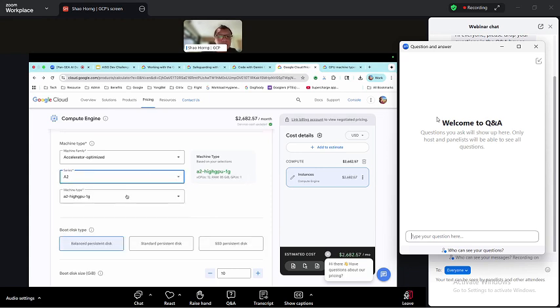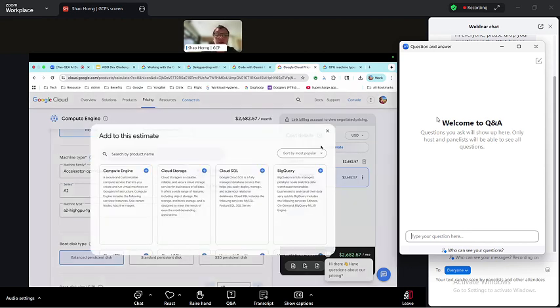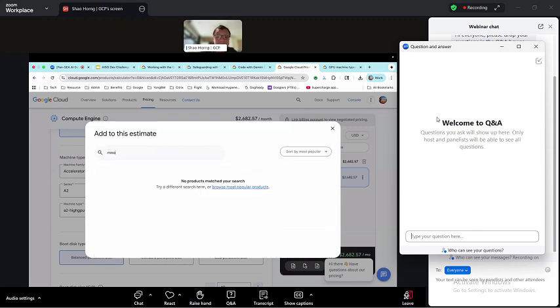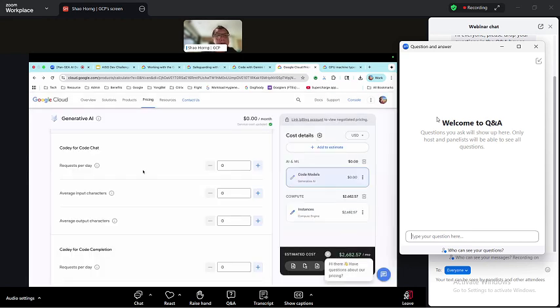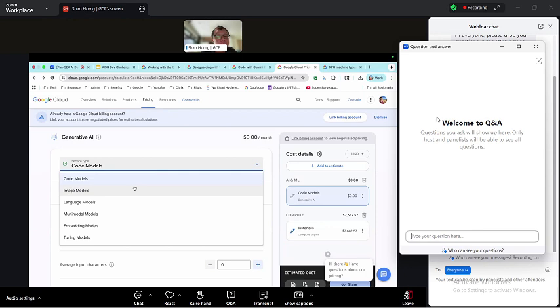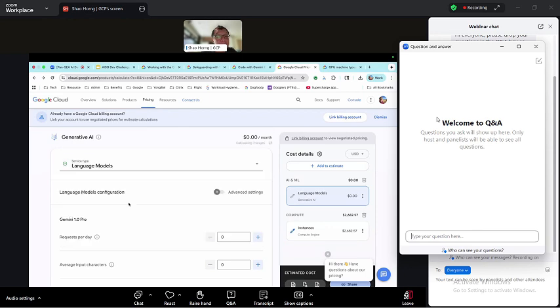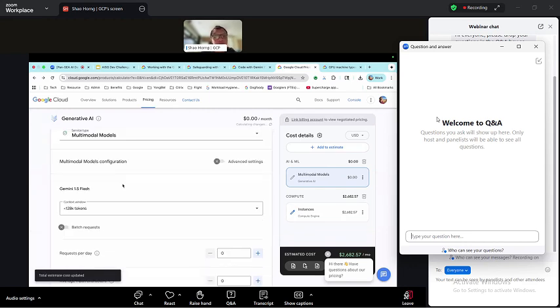All right. Yeah. So we'll come back to the pricing calculator later, just to show you how you can actually work out. Oh, sorry. I need to tell you how to work out the Gemini cost. Now, when you make a call to the Gemini API, choose the language model. Depending on, let's say we choose a multi-model request, because sometimes you may pass in